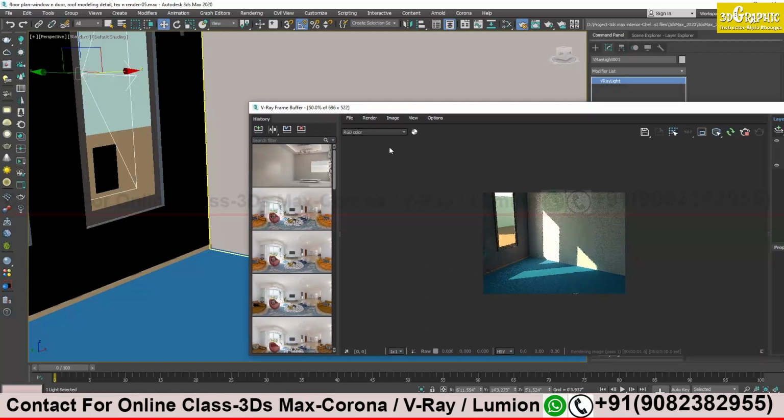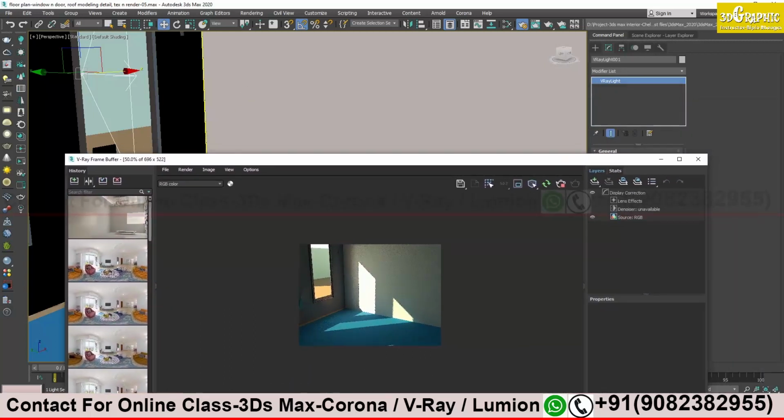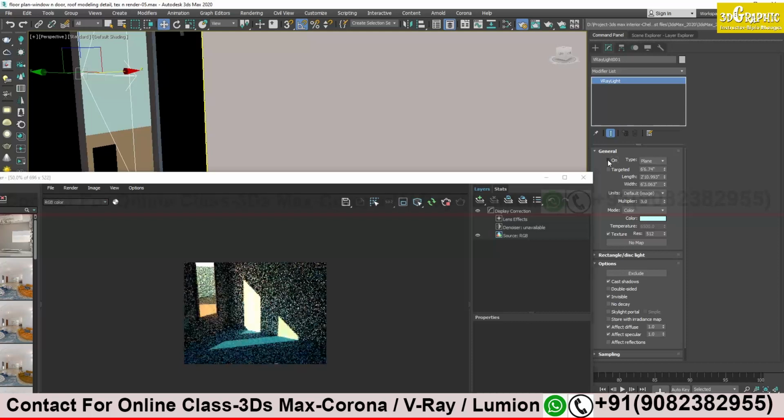Okay, first what I will do, I will turn off the light. Let's come over here, turn off the light. You see the room is a little dark over here, no? Yes. There is very little light, only the sunlight is coming, and the surroundings here are very dark. I will take a region render and mark a region so that it is easy for us to compare.